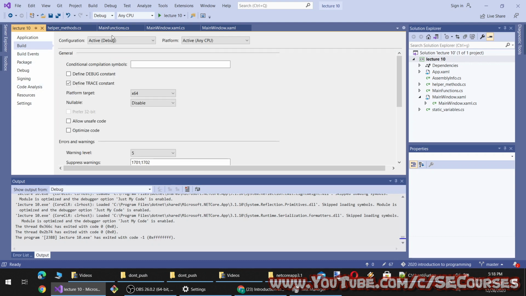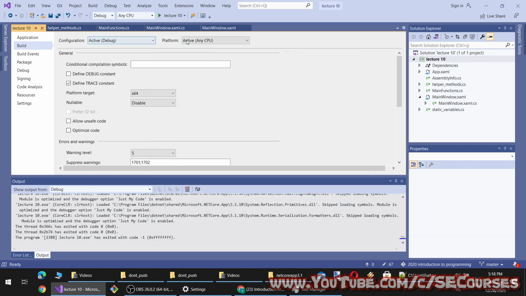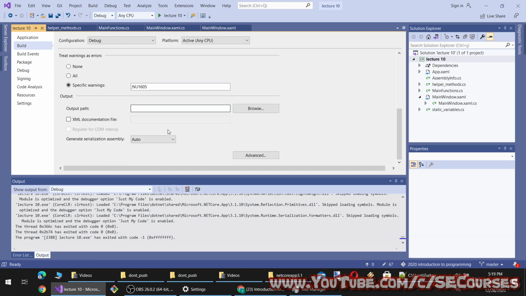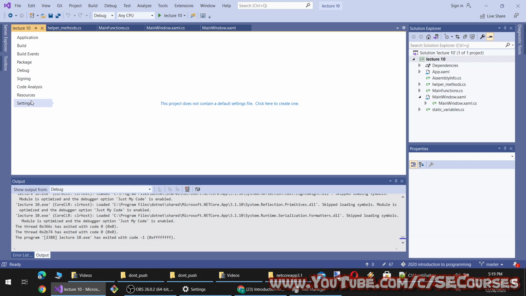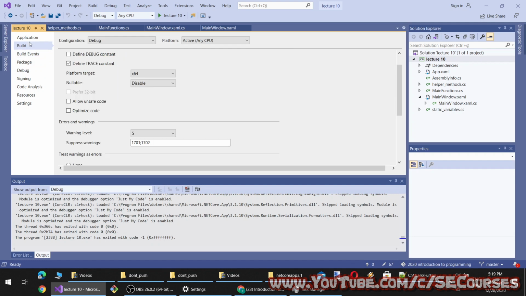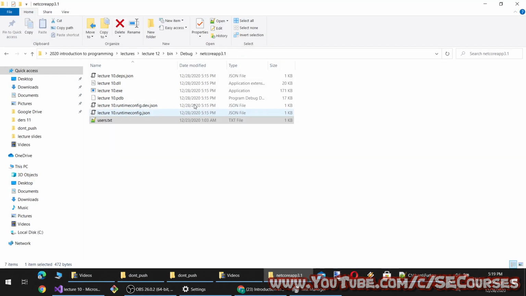And from Configuration Manager. Okay, I think. Oh, this is the platform target. This is not related to that. Active debug, platform. Okay, from here, configuration. I will change. Yes, I think it should change right now. Let's try it. But it is still any CPU, therefore it won't be 64 bits.